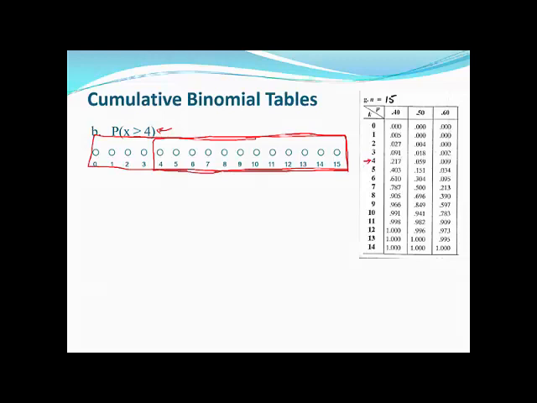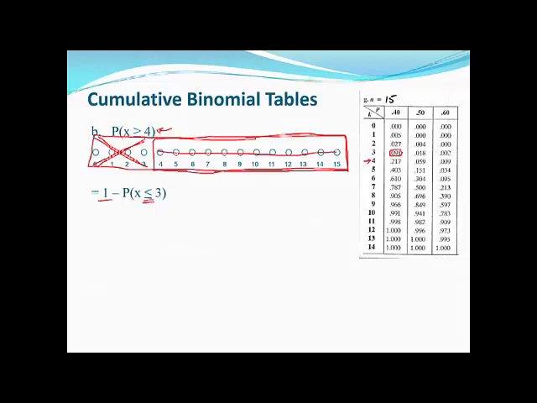You say, great, how does that help me? Well, I don't want the whole rectangle. I want 4 through 15. I want these guys right here. These are the ones I want. I don't want the ones out here. And so I'm going to rethink it. It's the probability x is less than or equal to 15. I'm just going to write that as 1 minus the part here I don't want. So why am I thinking of it that way? Because I'm rethinking it in terms of less than or equal to, because right here in the table,